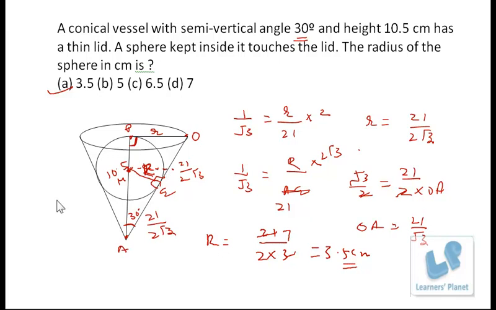So, a quick recap. This is the height of this cone, and the semi-vertical angle is given. The relationship between this height and radius can be calculated using tan theta, tan 30 degrees, so R can be calculated. Similarly, the relationship between this and this is given by cos theta, so using cos 30 degrees we can find OA. And the third is this triangle, where the relationship between this and this is again given by tan theta. So using tan 30 degrees we can calculate the unknown value R, right? If you're conceptually clear, this problem can be easily solved in 1 minute.